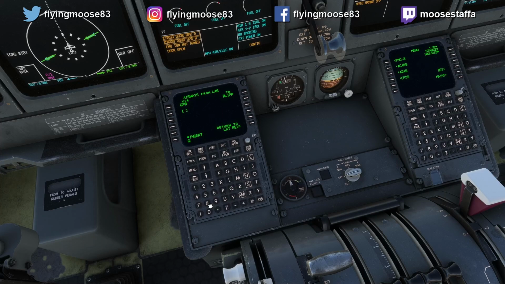Q842, and that is going to WINEN, Whiskey India November Echo November, and then we have a direct to Milford, so we're going to just insert those, come on down the way and put in MLF for Milford,